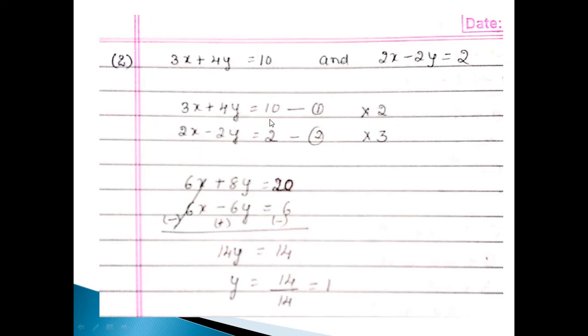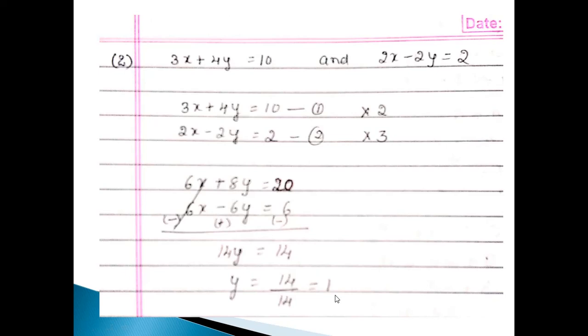Then we are getting the first terms equal. Is it clear? So here the x coefficient is 3. Multiply the whole second equation by 3, and the x coefficient of the second equation is 2, so it is to be multiplied with the first equation. We are getting 2 into 3x, 6x, plus 2 4s are 8y, then 2 10s are 20, right? Then 3 2s are 6x, then 3 2s are 6y and 3 2s are 6. Okay. Once again same, subtract, change the sign. Here it is minus, this is minus becomes plus, this is plus becomes minus. These two are cancelled. If both are plus, 8 plus 6, 14y is equal to 14. So y is equal to 14 by 14, that is equal to 1.